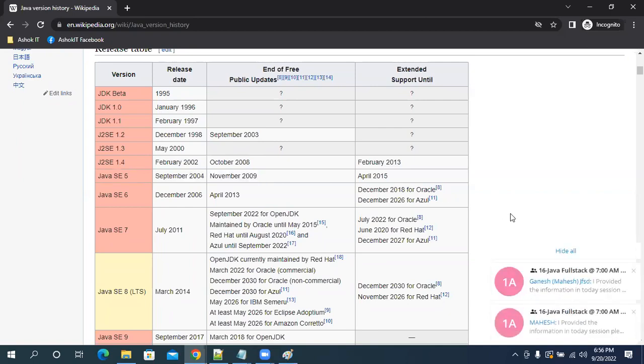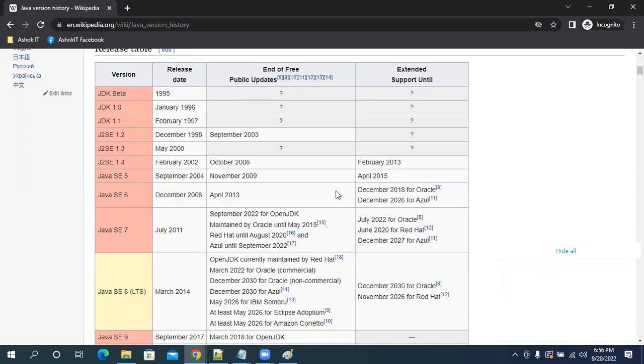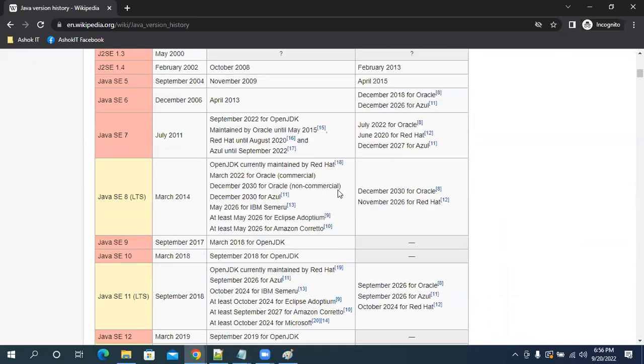So many new features were added to Java. Java became very slow in execution. They realized that immediately, and within 1 year they released the Java 6 version. From Java 6 to Java 7, there is almost a 5 year gap. Are you guys getting my point?